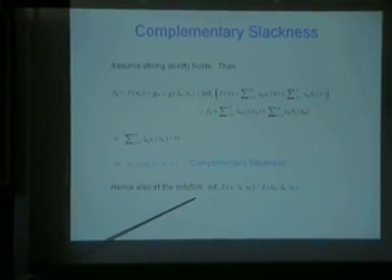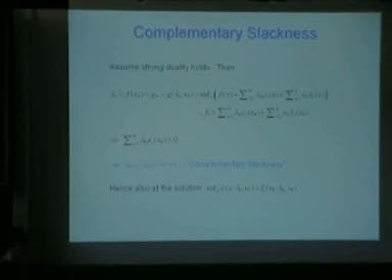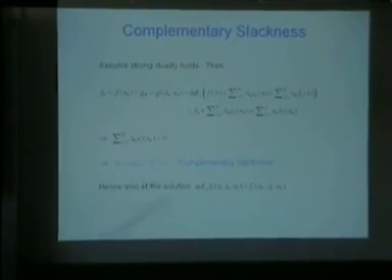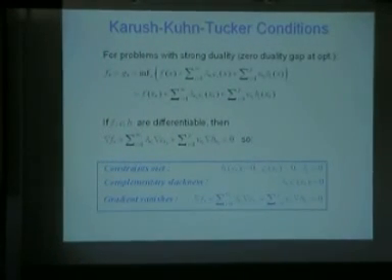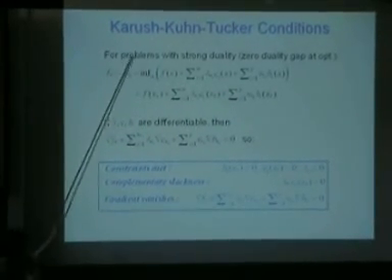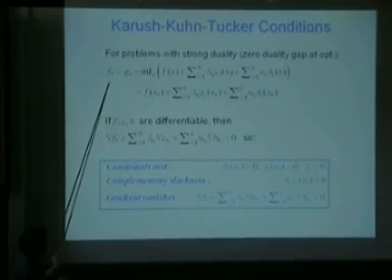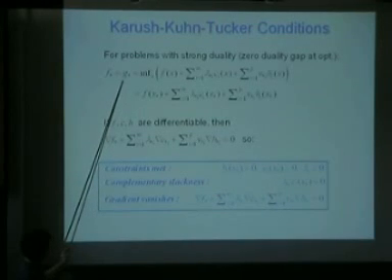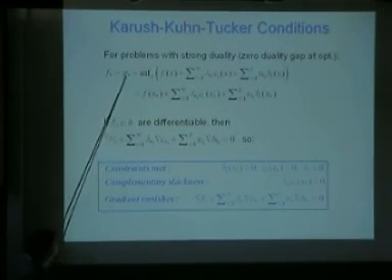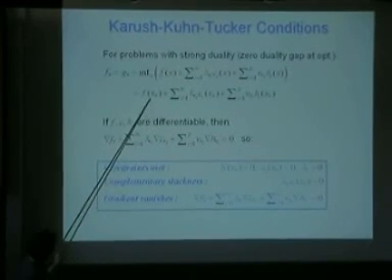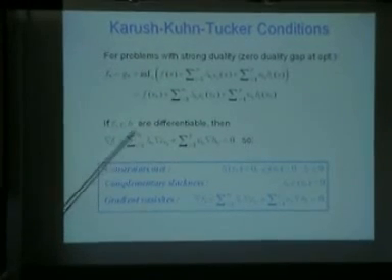So for any problem where strong duality holds, whether or not it's convex, at the solution these conditions hold. So now, this gives us the Karush-Kuhn-Tucker conditions. For convex strong duality, we have, as an opposite of convexity, zero duality gap at the optimum. These two, the minimum of the primal and the maximum of the dual, are the same. And that's equal to f of x by definition of g at the solution. And that's equal to this. Okay? Now, if these are all differentiable, then I can differentiate this and get